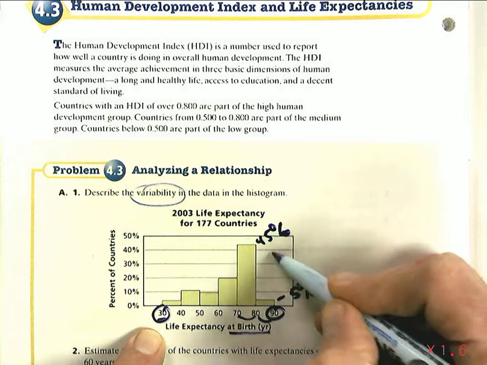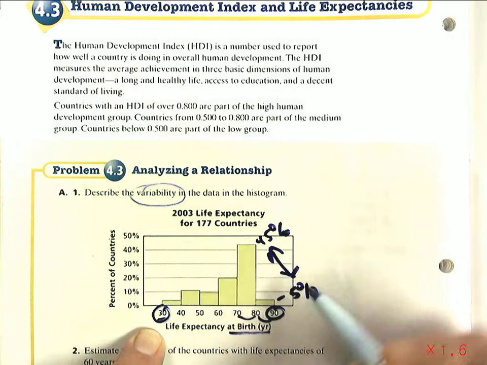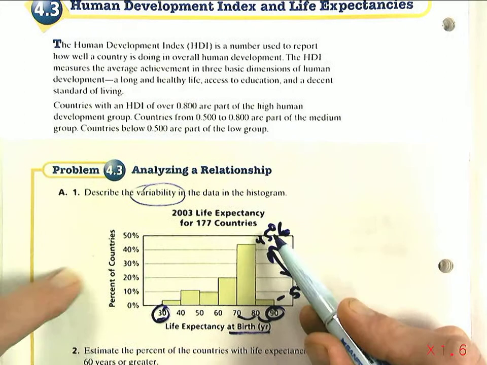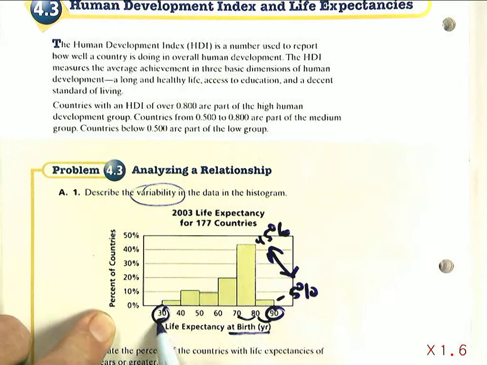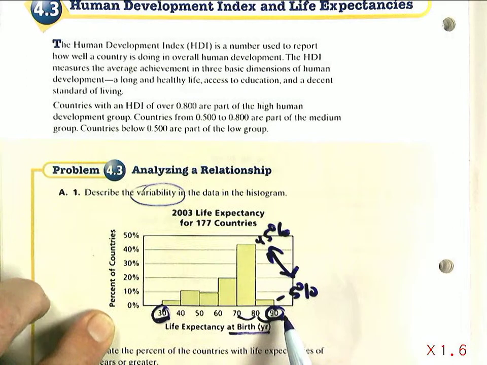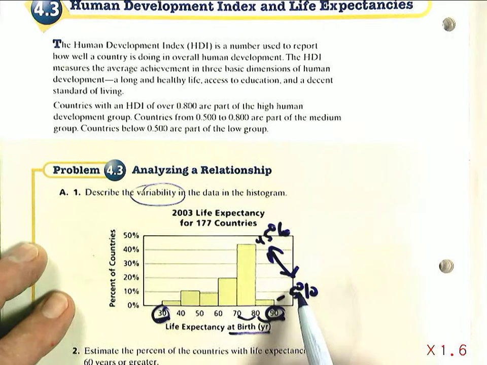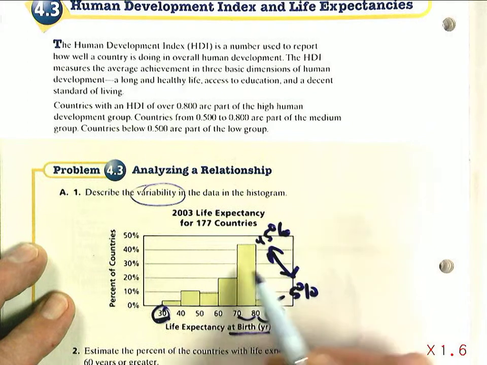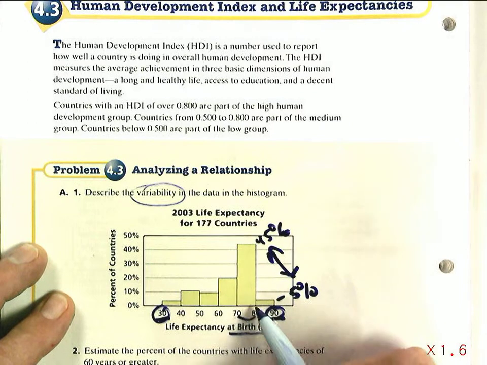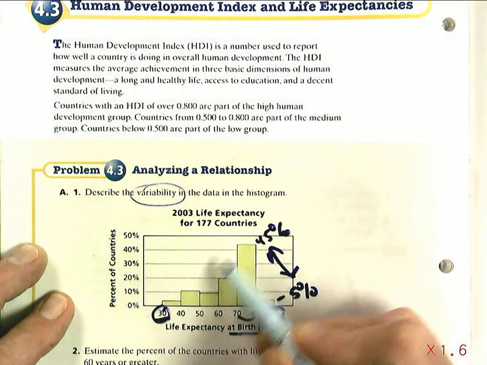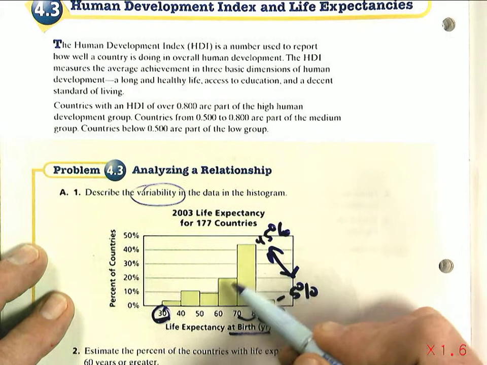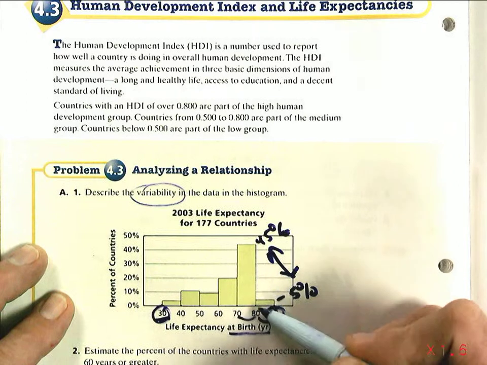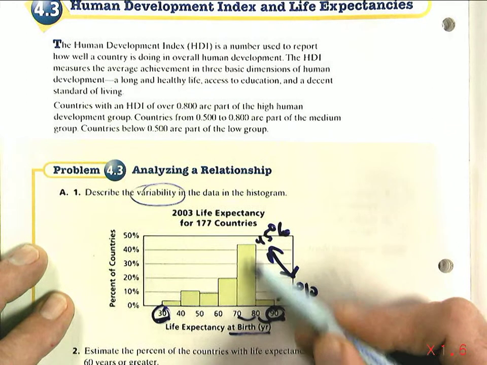So we have a couple of different ways of variation. It varies from 5% to 45% in the percent of countries in the bars, and then it also varies in terms of the life expectancy from 30 to 90 years. So we can always describe graphs in terms of their variability, and it looks in this case like the 70 to 80 is the largest cluster. So that's another way to describe variability, that the data clusters primarily in the 60 to 80, although with the 70 to 80 being the highest bar.